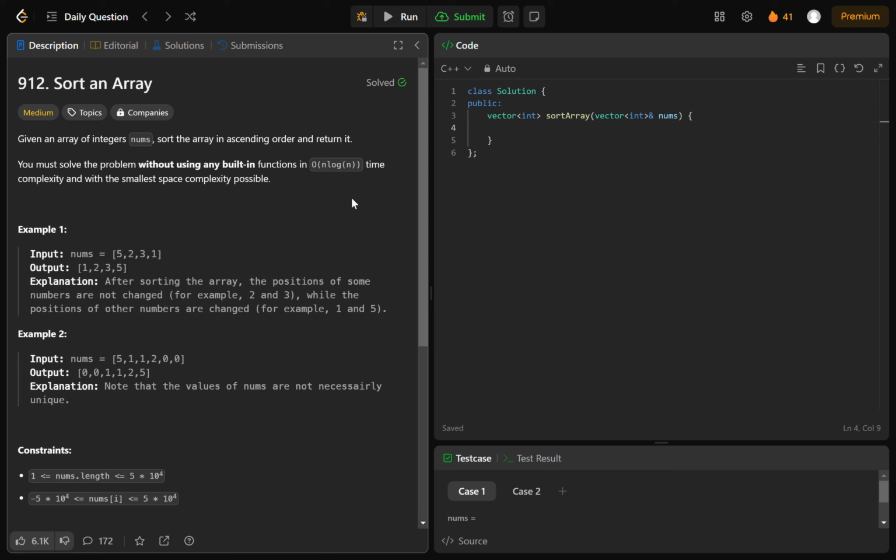This is day 36 of our Leetcode daily question series, and today's question is sort an array. In this question, we are given an array of integers nums, and we have to sort it in ascending order. But the point is, we can't use any built-in function. So we can't use a sort function to solve this question, and we also have to implement it in